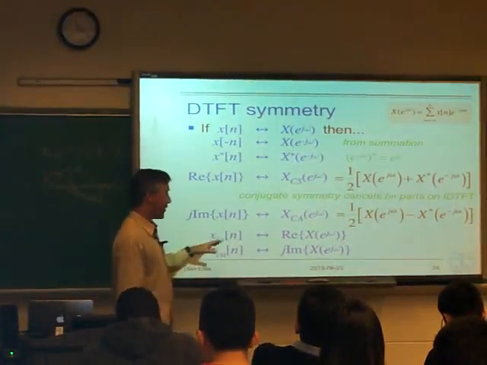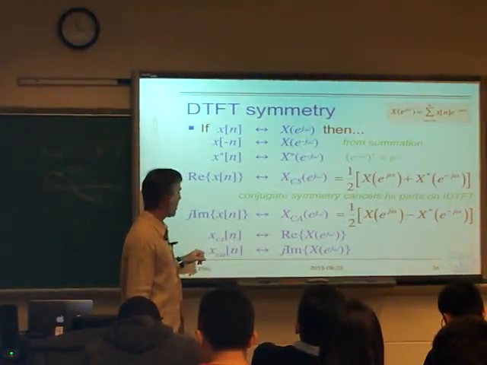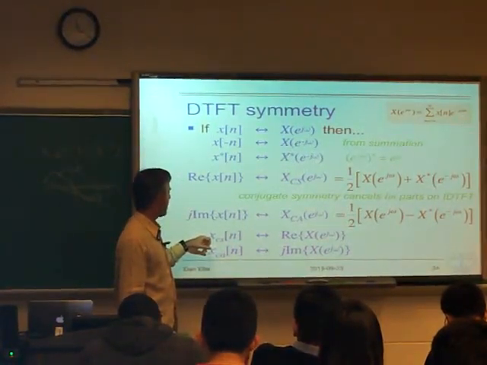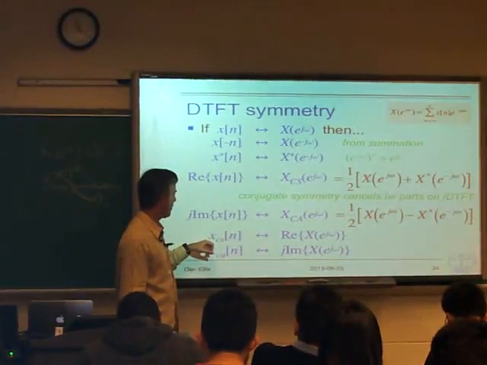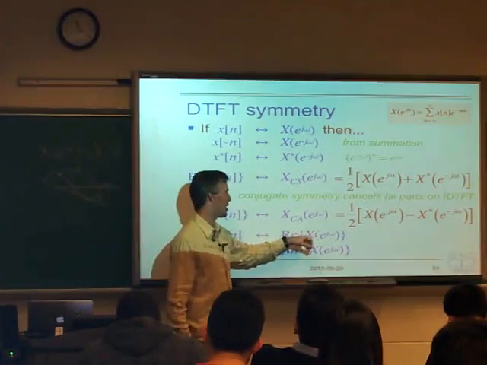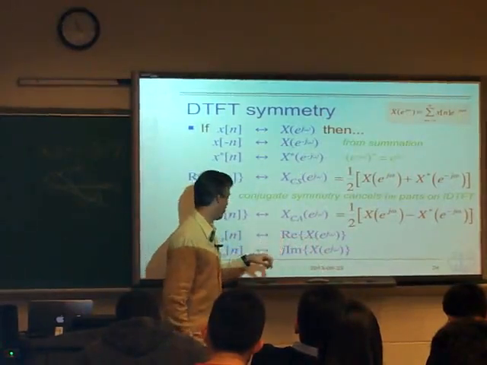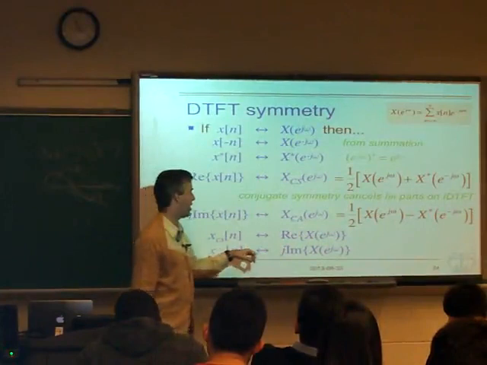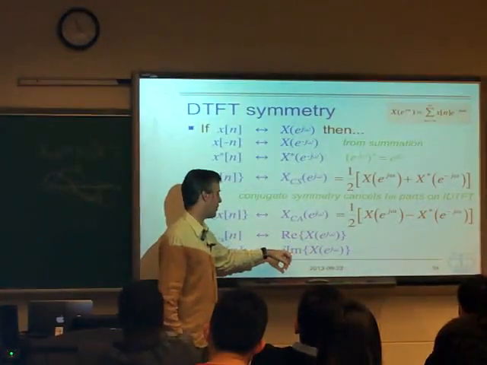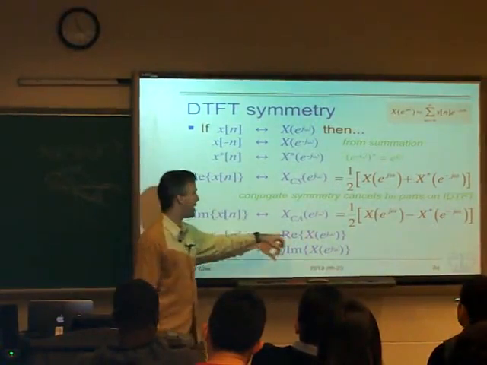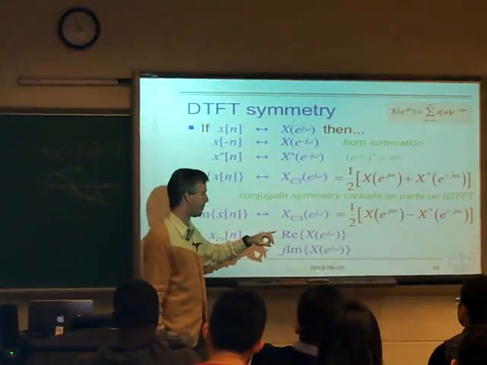And then there's duality to that, so that if x of n is conjugate symmetric, then X of e to the j omega is pure real. If x of n is conjugate antisymmetric, then X of e to the j omega is pure imaginary. And so this is because if X of e to the j omega is pure real,